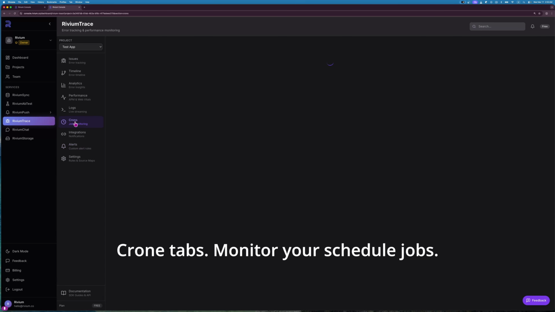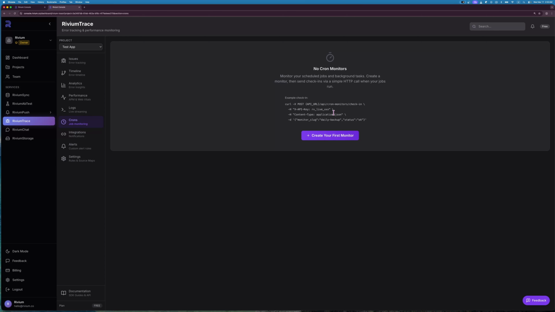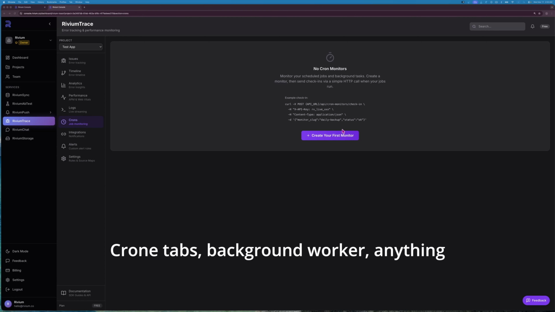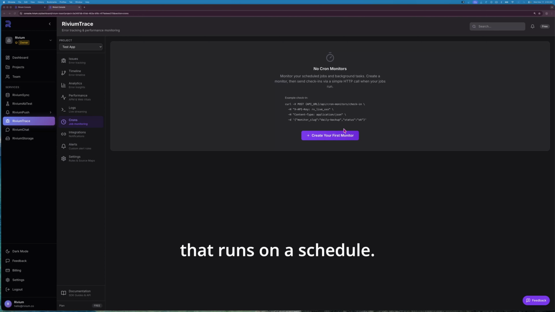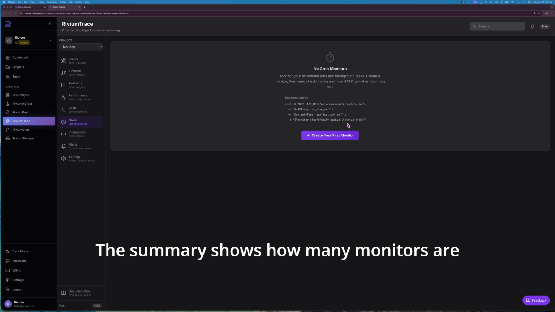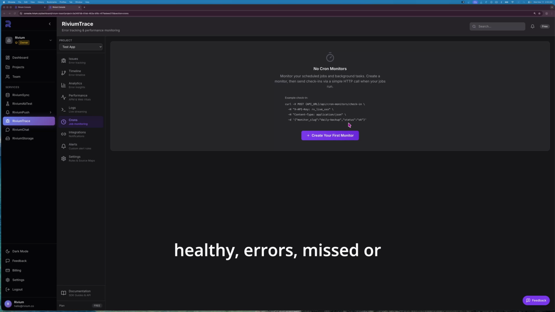The Cron tab monitors your scheduled jobs. Cron tasks, background workers, anything that runs on a schedule. The summary shows how many monitors are healthy, errors, missed, or disabled. To create a monitor,